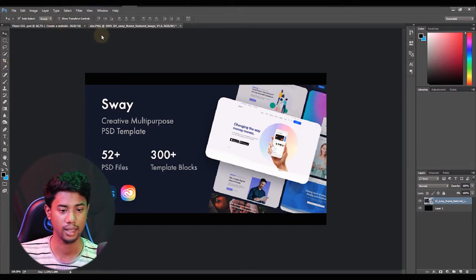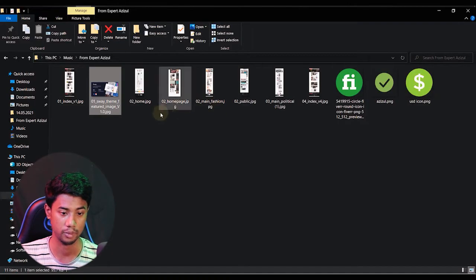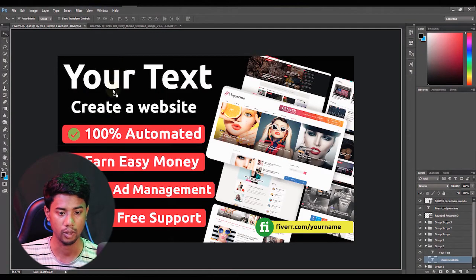And one thing, as you can see, I opened it in the tool layer. So how do I import the images in there? If you don't understand, let me show you this again. First of all, I choose the images. As you can see, I select the images and just drag and drop them into Photoshop. And if I paste these images,